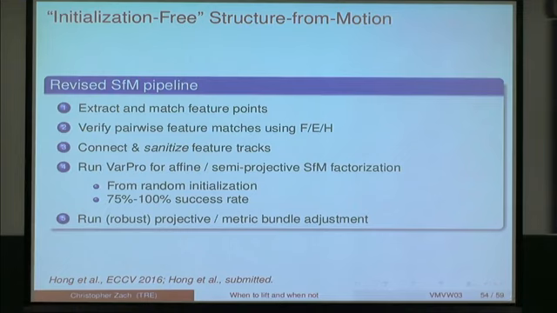It's the working title, semi-projective. We call it slightly different now. That gives you, from a random starting point, a good initial solution right away, and then you refine everything, potentially robustly, using the regular bundle adjustment, because you have a solution that's generally close enough to be in the convergence basin for the nonlinear optimizer.